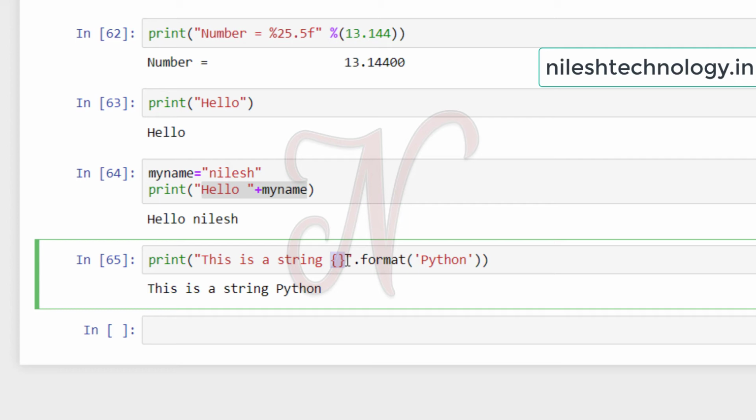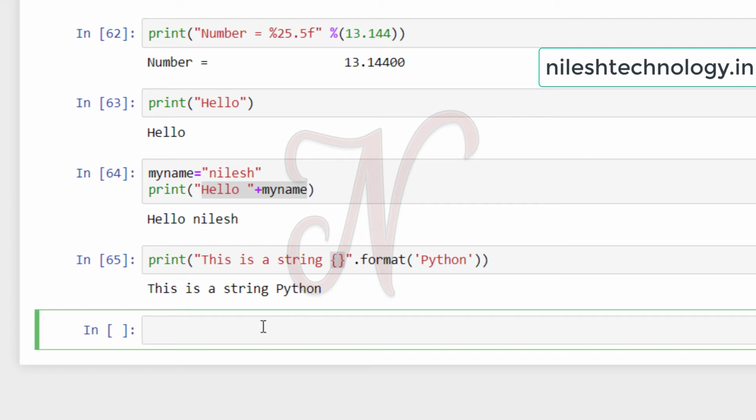Okay, so they have multiple uses. Another one is print, this is, here we can use multiple curly braces, and format, and inside this function I will pass multiple strings: apple, mango, banana.